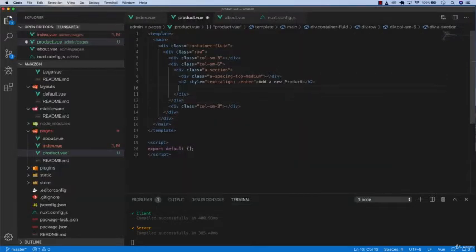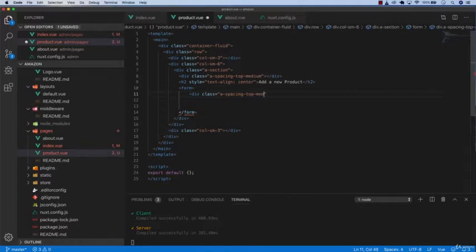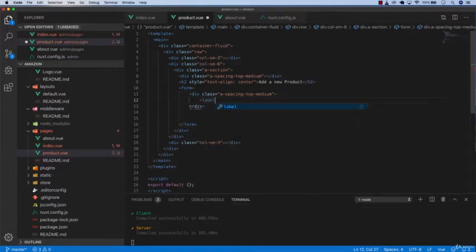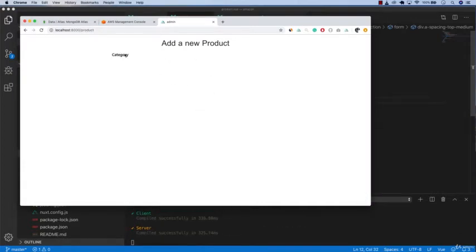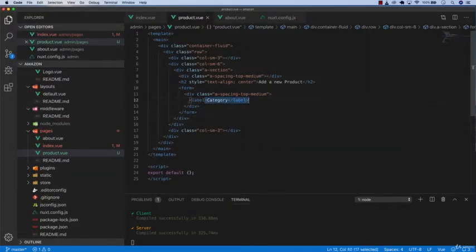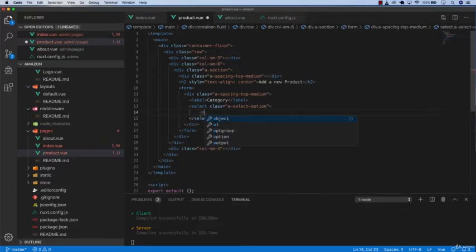Okay, now the real deal, which is a form. And the first thing will be div class a spacing top medium. So between all of the inputs and category drop down or owner drop down, it will have some spaces between. So we're gonna add a space first, and then label category. So let's see how it looks like. So we have category, and we want to make right below here, since it's a drop down, class a select, option, and then we're gonna have multiple value